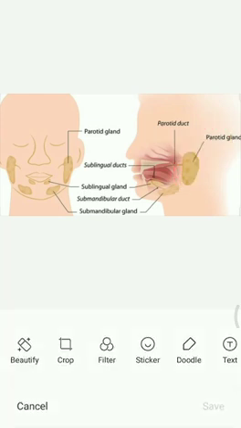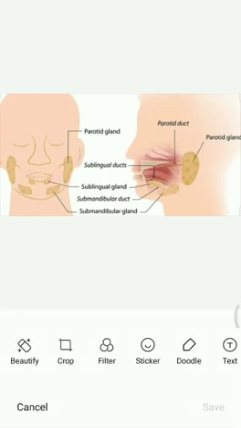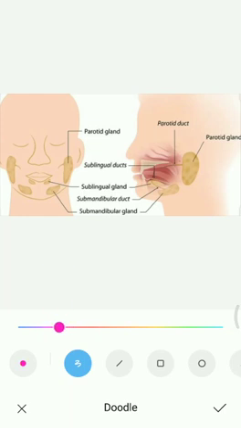The second important gland is the sublingual gland. Just beneath the tongue is the presence of the sublingual gland. You can see this structure. The sublingual glands are present in front of the tongue, and their function is to secrete some amount of salivary amylase, and even mucosal secretions occur from these sublingual glands. Next is about the submaxillary glands.